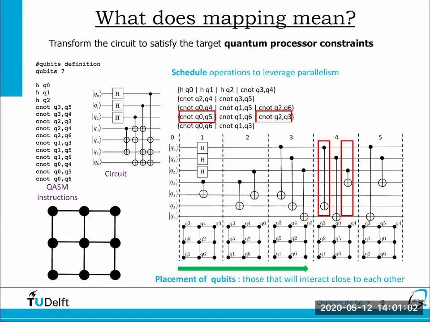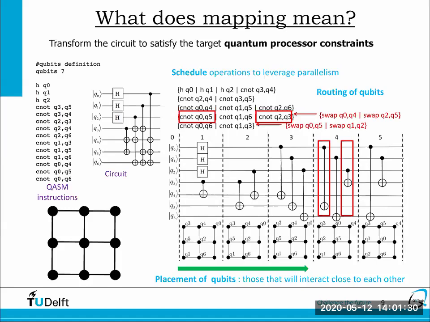That's why, in order to allow them to interact and perform a CNOT, we have, as I mentioned before, to add some extra swap operations there. And this is what is called the routing of qubits. Actually, we call it routing of qubits, but what we do is to route the quantum states, not the qubit itself. I think it is clear from these two examples that when you need to map an algorithm to a